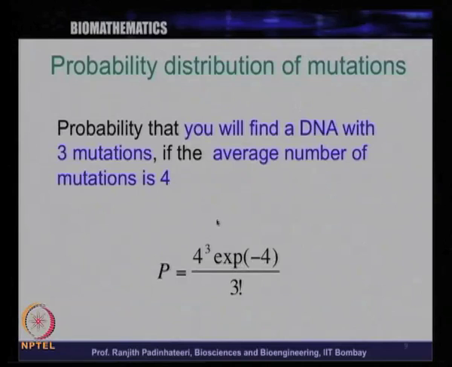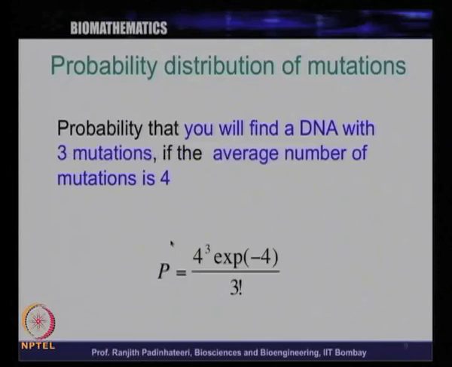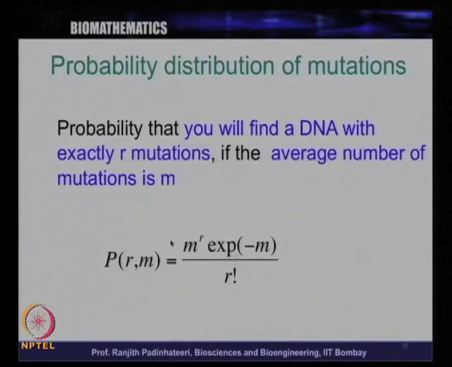Let us generalize this. The probability that you will find a DNA with exactly r mutations, if the average number of mutations is m. Now you substitute m as 4 and r as 3, and you get the previous formula that we had used. So, P of r comma m is equal to m power r, e power minus m, divided by r